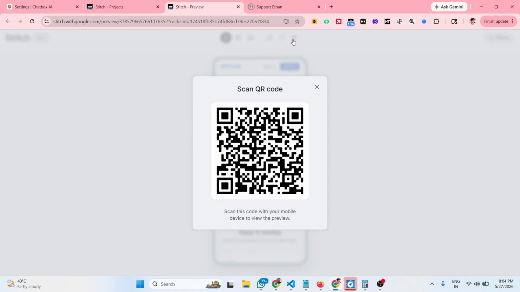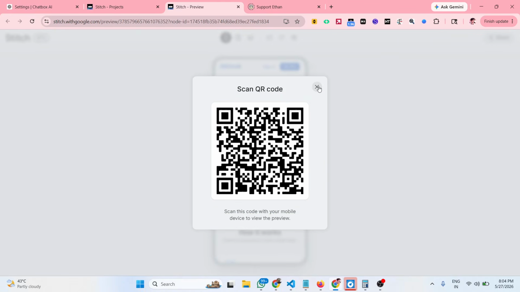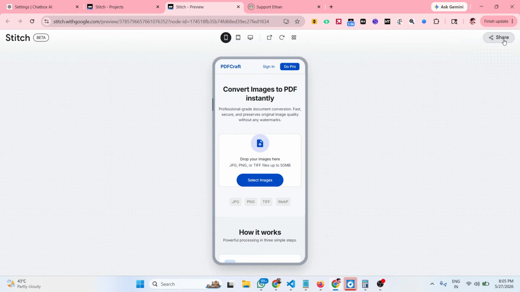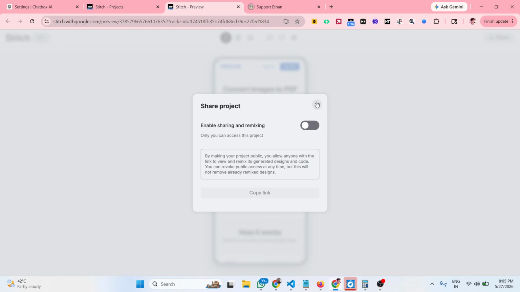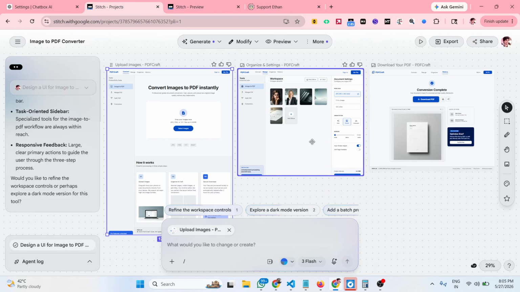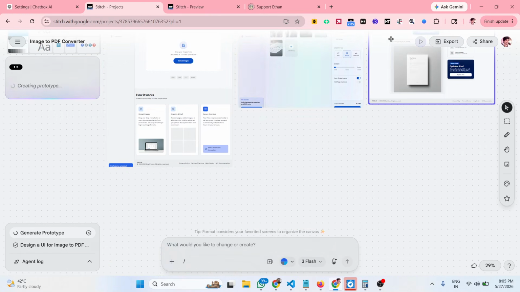And if you are on a mobile device, you can scan this QR code to view this design directly on the mobile device. You can even share your design by copying this link with others so that they can see the design. This will be the second thing. You also have the ability right here to play this design. If you click the play button,